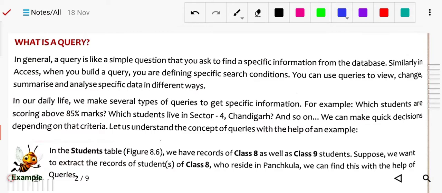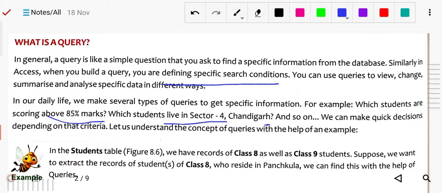You can use queries to view changes, summarize, and analyze specific data in different ways. For example, you can see which students are scoring more than 85%, or which students live in sector 4, Chandigarh. So we can make quick decisions depending on the criteria.